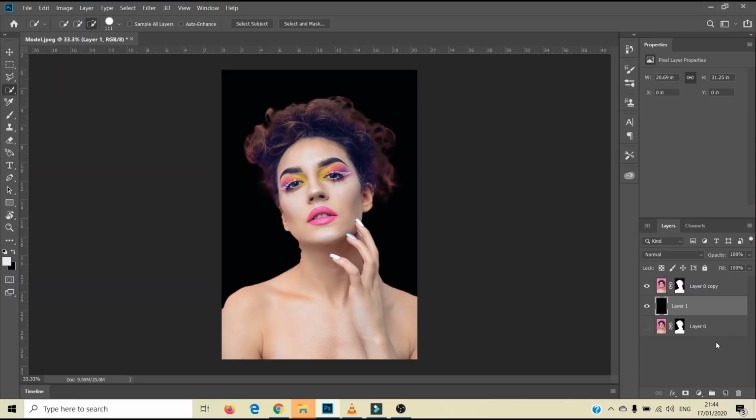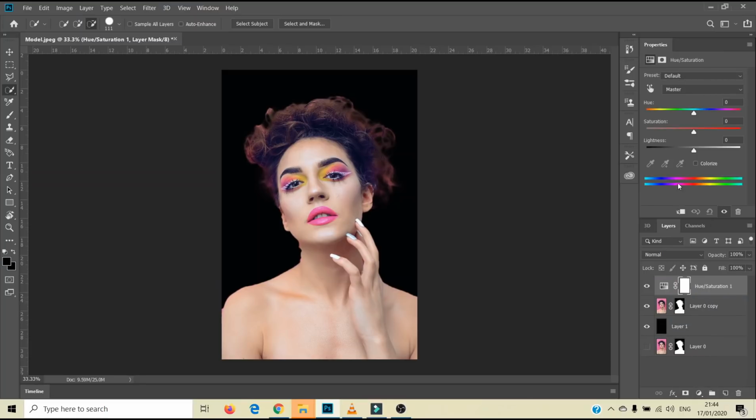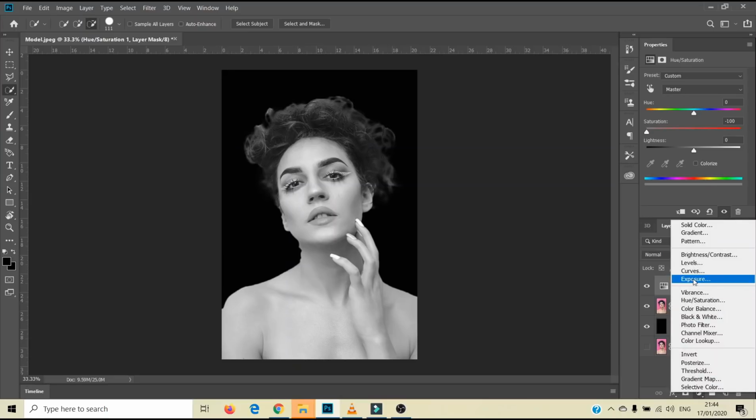And what you have to do now is simply select this layer and copy, and you can go into hue and saturation. You can see what level it has selected, so simply decrease the saturation